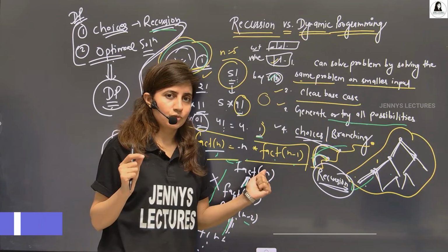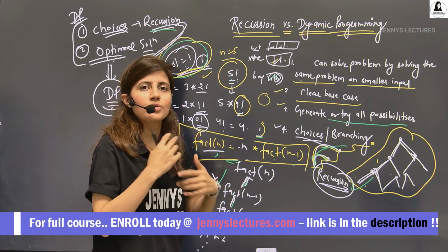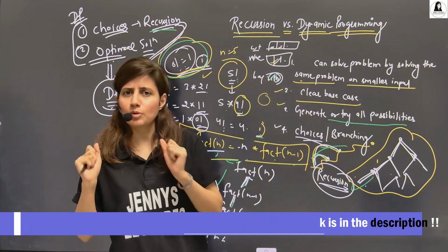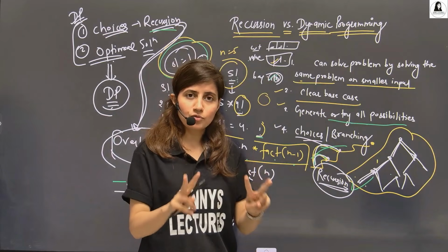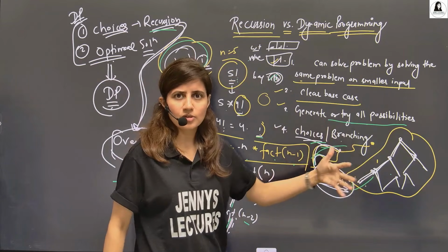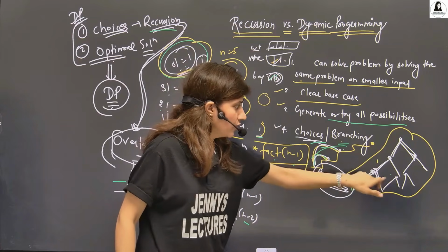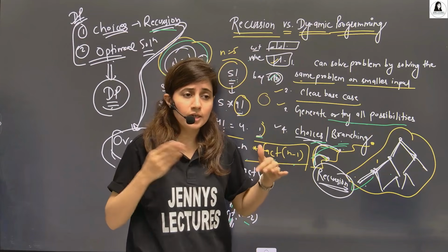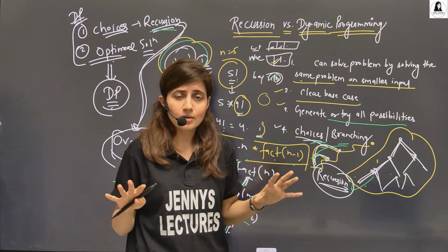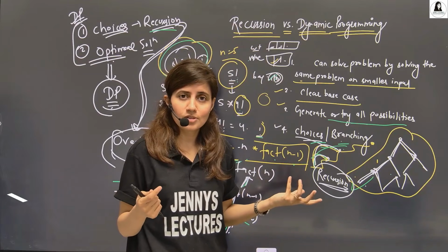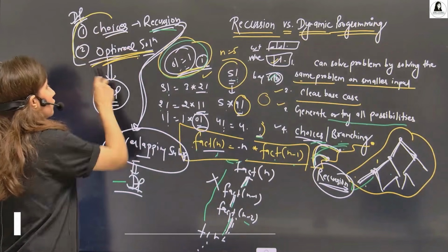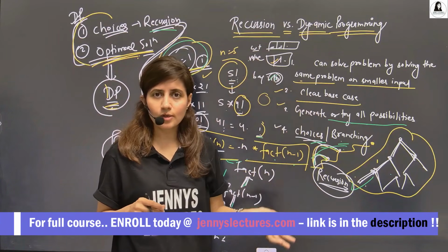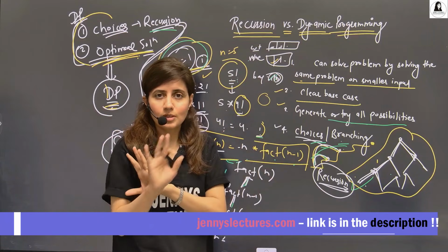So that is more about recursion and DP. If a problem is given, how do you identify whether it's a simple recursion problem or a DP problem? The main thing to check: are choices given? Yes, then recursion. Branching is there, and you can generate such a decision tree. At every step, you have to decide from the given choices, either take it or don't take it, include or don't include, go left or right, like in tree traversals. So recursion. Plus, if you are asked for some optimal solution, you can use DP there. I think these points are clear to you. You can identify whether you have to use normal recursion, or you can optimize that recursion with DP in a given problem.